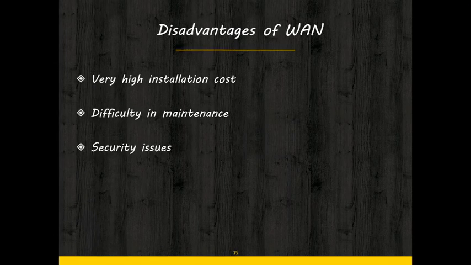Okay, now we will see some disadvantages of WAN. The initial investment cost is much higher than any other type of network like LAN, PAN or MAN. Okay, and it is very difficult to maintain this network. It requires skilled technicians and network administrators for maintenance. And security is another big concern in wide area networks. So, in order to make this network secure, it requires a good firewall and security software in order to restrict unauthorized users from entering and disrupting the network.